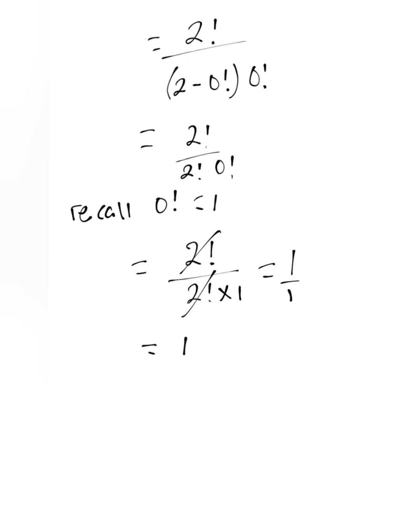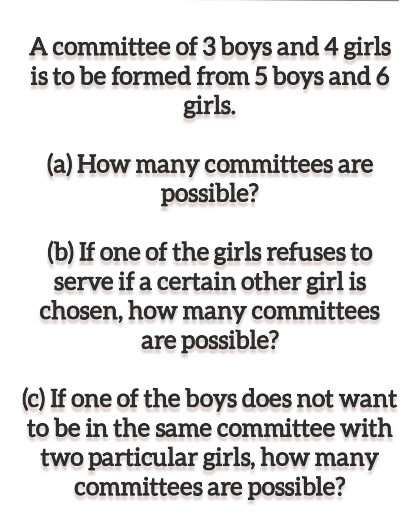We have solved number 1. Let's move to question number 2. Example 2. A committee of 3 boys and 4 girls is to be formed from 5 boys and 6 girls. How many committees are possible? If one of the girls refuses to serve if a certain other girl is chosen, how many committees are possible? If one of the boys does not want to be in the same committee with 2 particular girls, how many